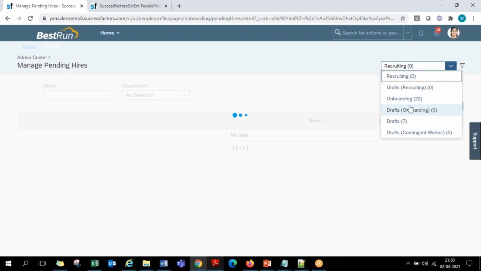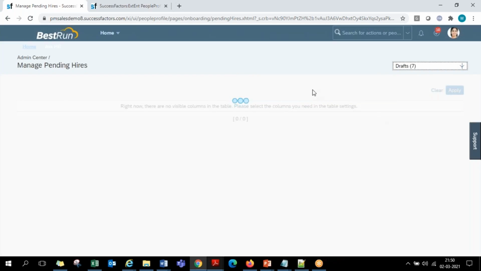Here on the right hand top, drafts is a category that we are required to choose. This is an action that is applicable for the recruitment module, onboarding module, different things. So simple drafts is what belongs to Employee Central. Now that record, test employee test user, what I just kept, will come up here. There are 7 draft records the system is showing.